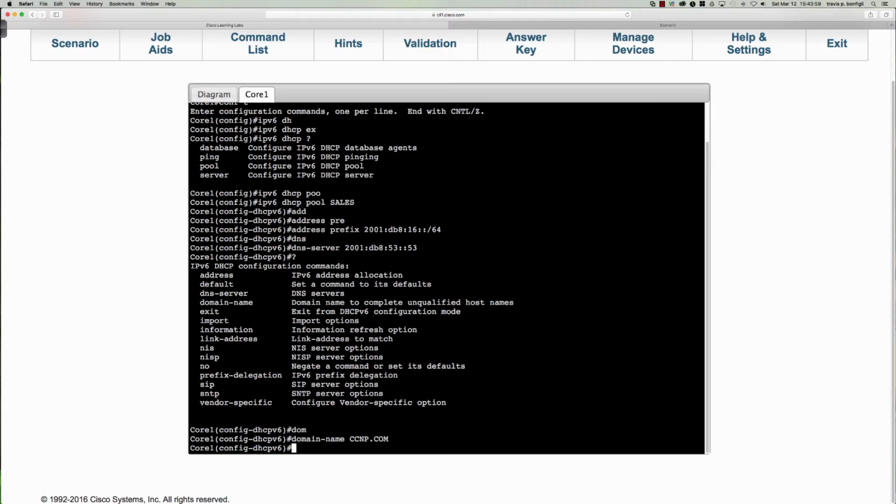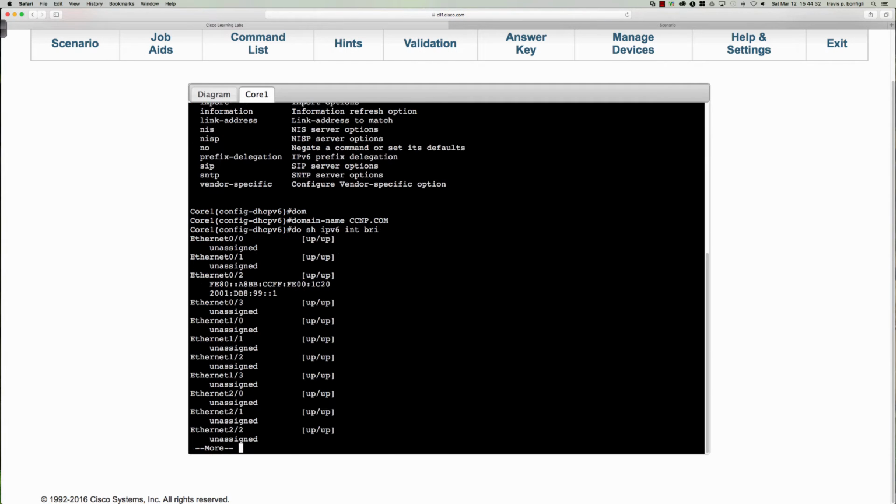How would the router track 2 to the 64 possible interface IDs, or global unicast addresses? I mean, it would be crazy to try to track that. So needless to say, the odds of exhausting the address pool are so minute that there's no need for us to track that. Okay, so let's go ahead and say do show